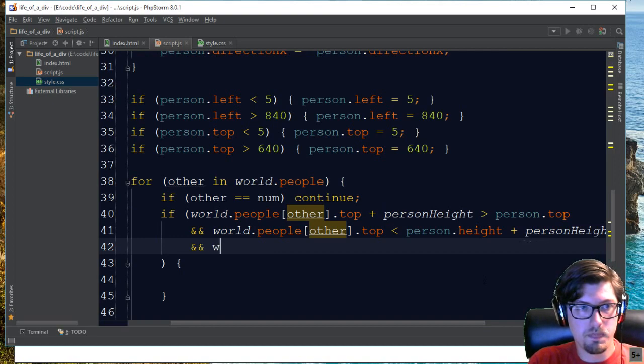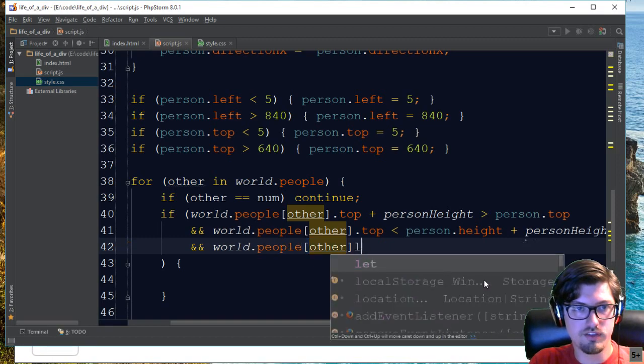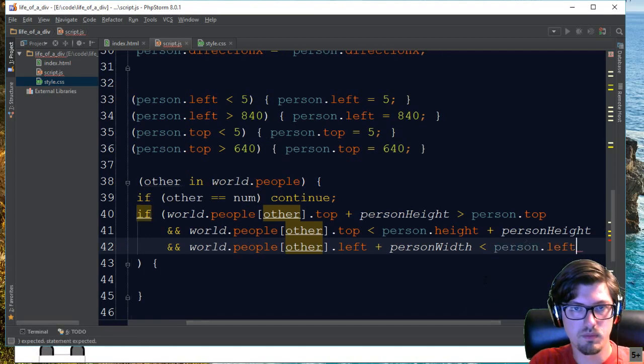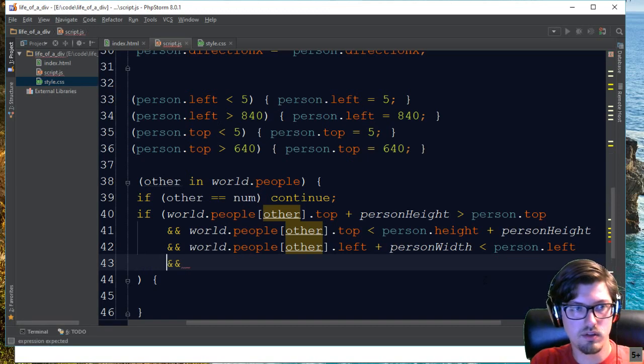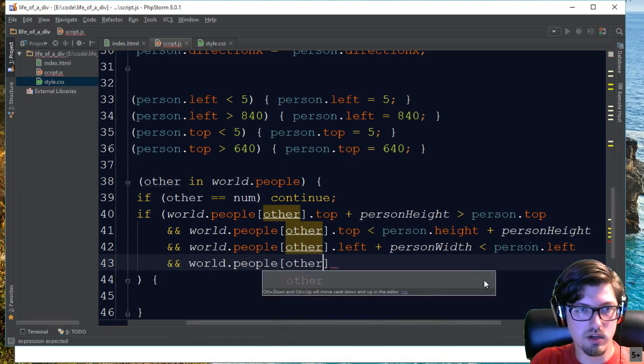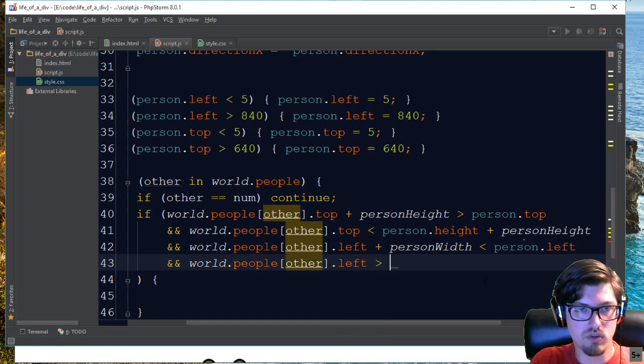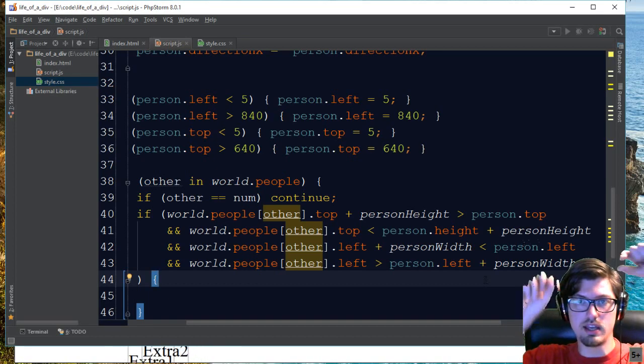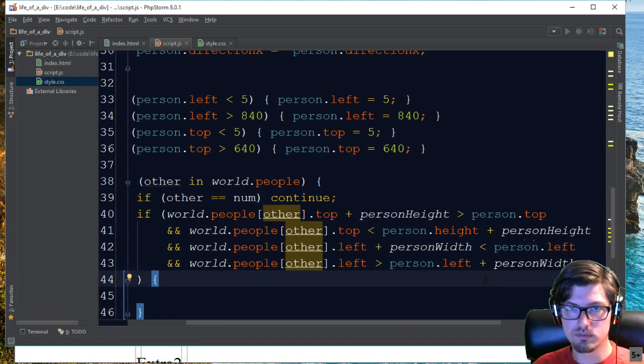So and world.people other.left plus person width is less than person.left, and world.people other.left is greater than person.left plus person width. All right, so basically I've taken the entire box, their corners, and I want to see